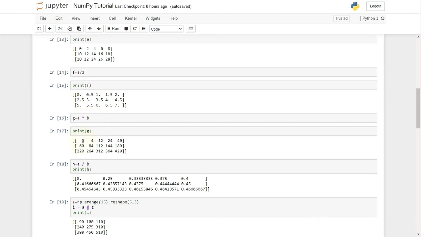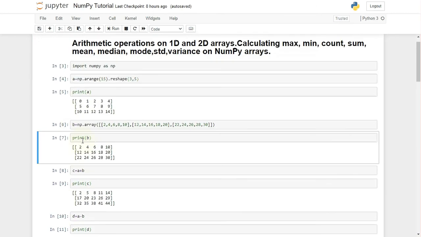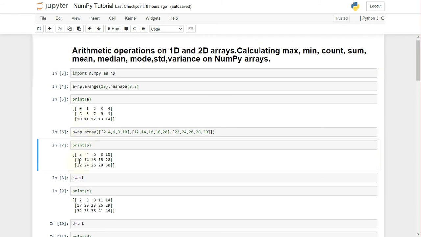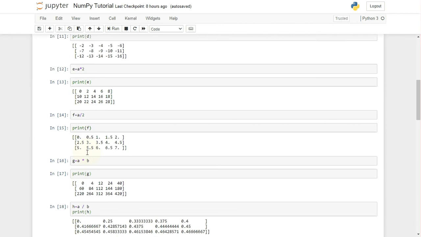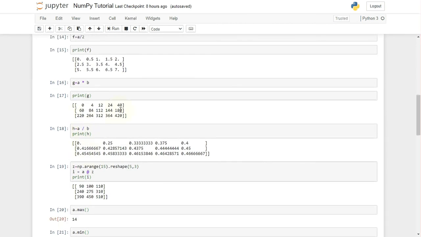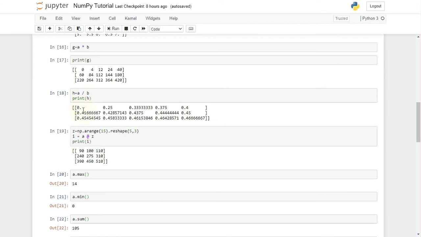It will multiply the first row first column element of the first array with the first row first column of the second array. Here we have two arrays A and B. 0 will get multiplied by 2 and the answer will be 0. 1 will get multiplied by 4, answer will be 4. Likewise 0, 4, etc. Then if we divide array A by array B, we get the element wise division, which is shown here.